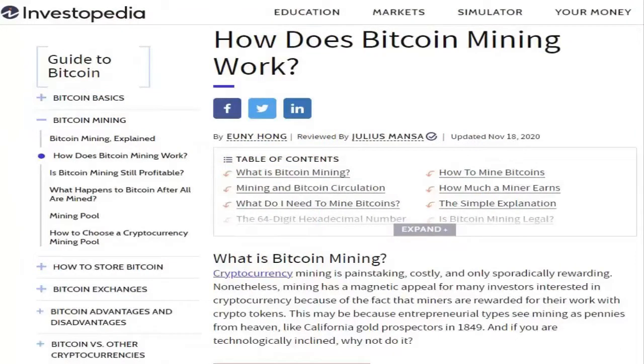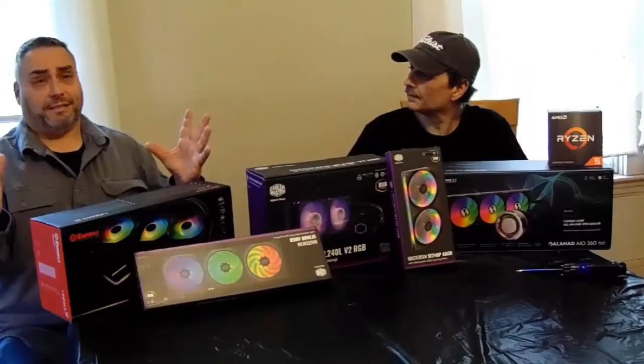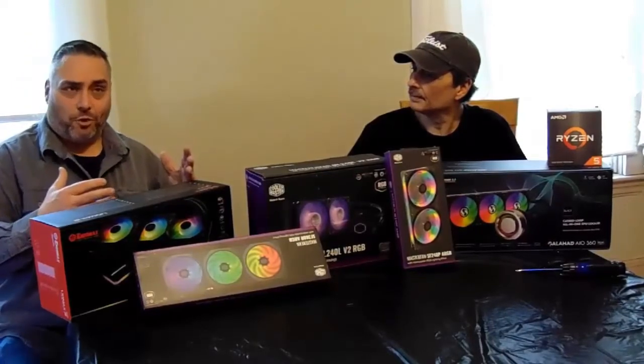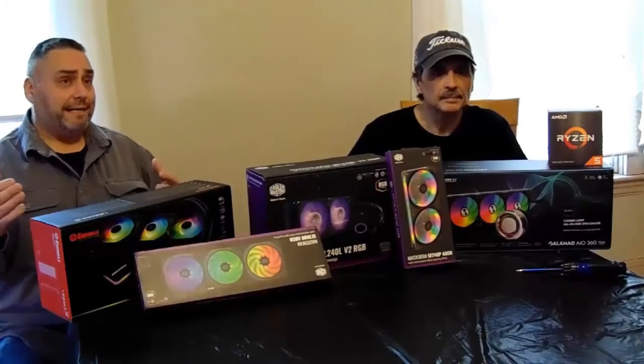Yep, and they have all kinds of rigs out now. If you follow, oh my god, I forgot the name of the company that does all the mining rigs. They're in China, and I'm having a brain fart right now. But in either case, they've got these entire boxes. They're literally miners inside of a box. They do Antminers. Thank you. And they do terabytes. It's just insane the amount. But you can still do crypto mining. Maybe not necessarily Bitcoin, because the hash rate is just so high. It's just really not profitable right now. But there's other things that are profitable that are mining. And again, that's